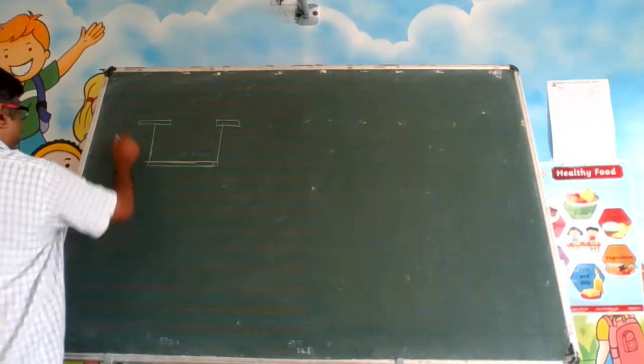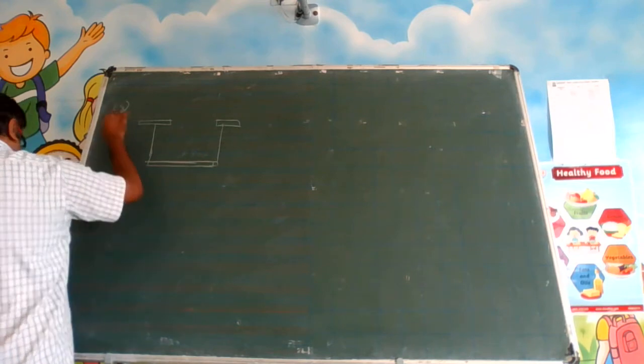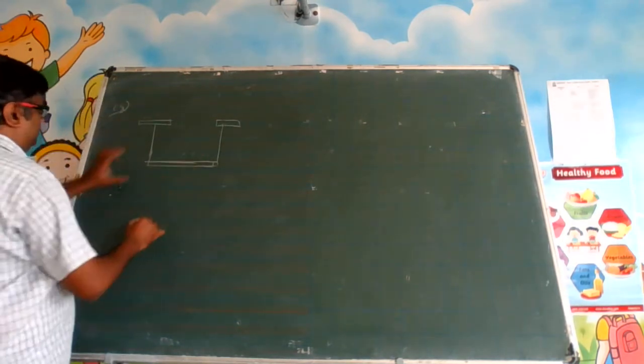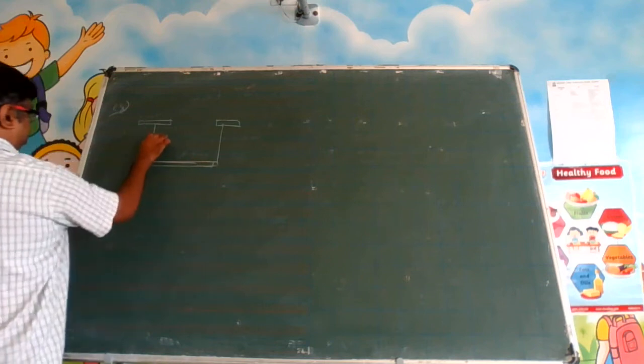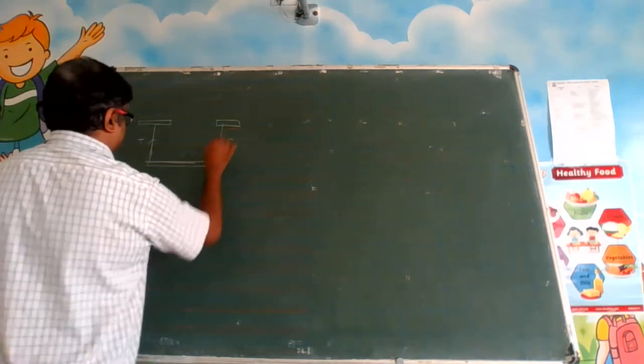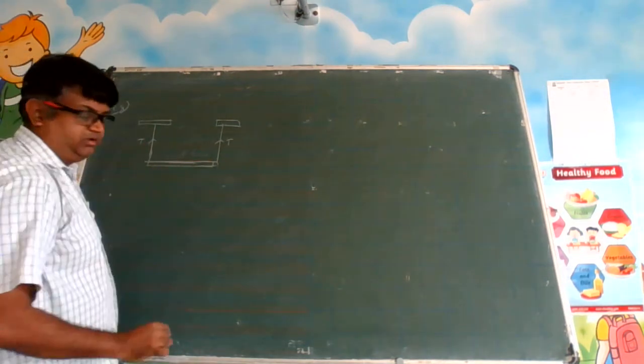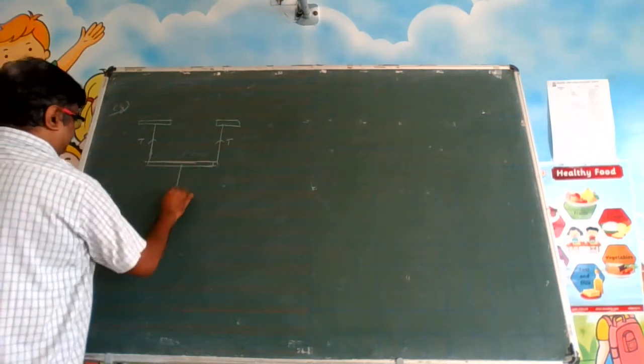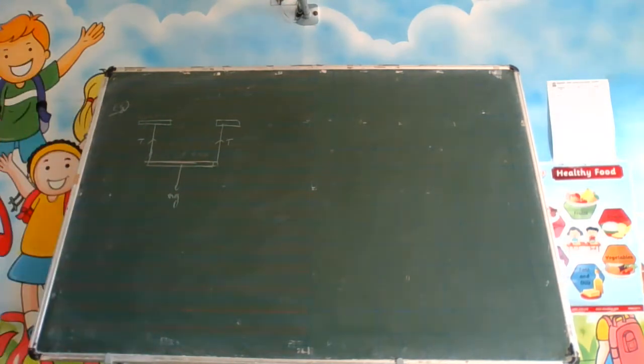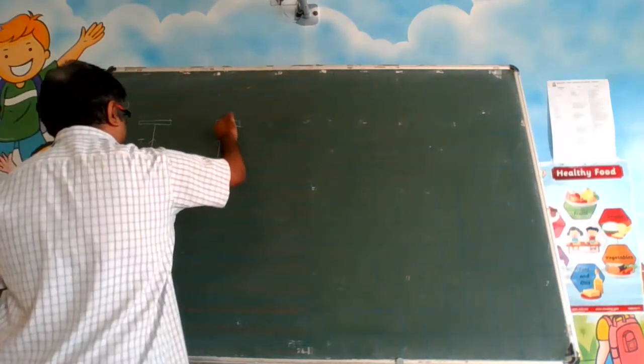Let's say another illustration. Now these are two strings having some tension. This is some metallic rod connected with this. It is having some weight acting at its own CG. Now the question is, suppose